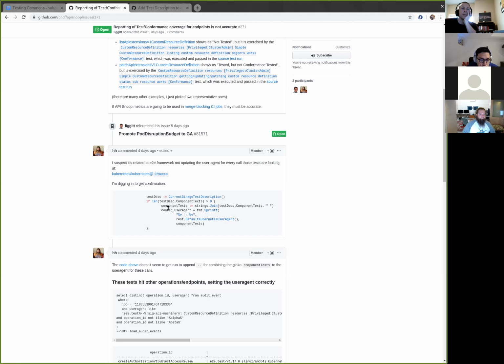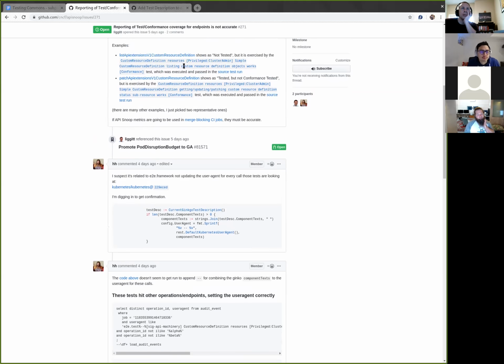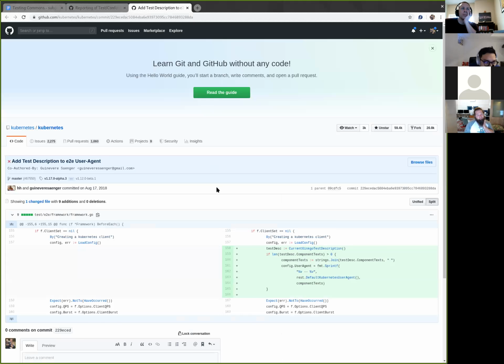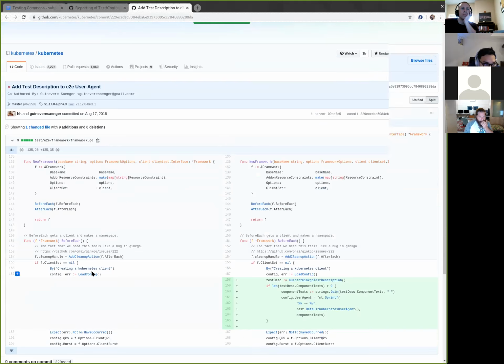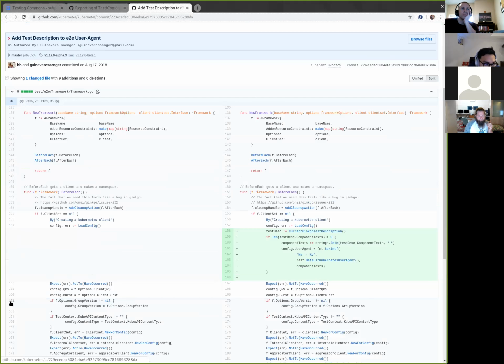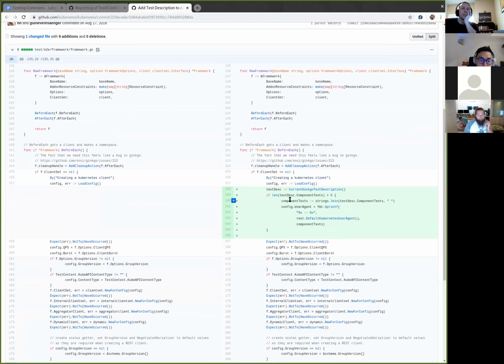I'm trying to think about this for a second. I'm lacking enough context to make this call. Go ahead and go back into the PR itself, the one that's referenced, and open that up a bit so you can see. When we're hitting this function, it's right when the before each is called, and if the client set is not available yet, we're creating a Kubernetes client for this particular call.